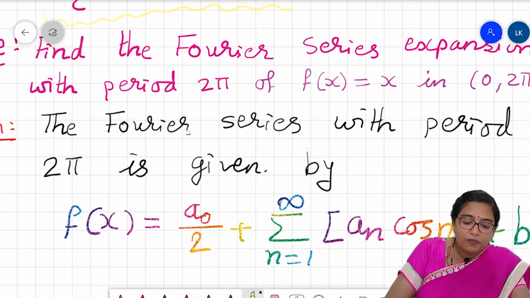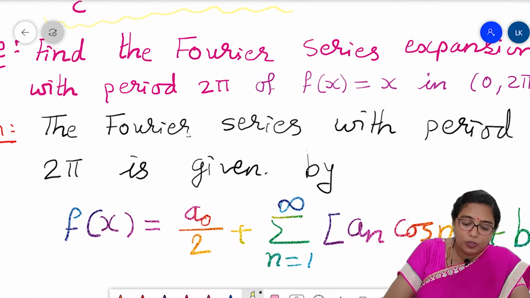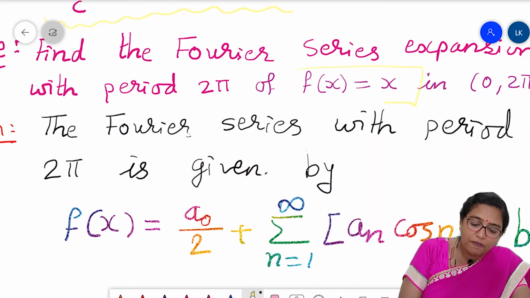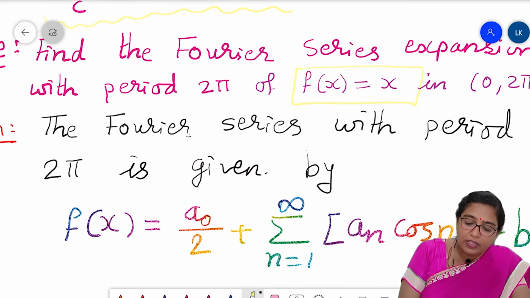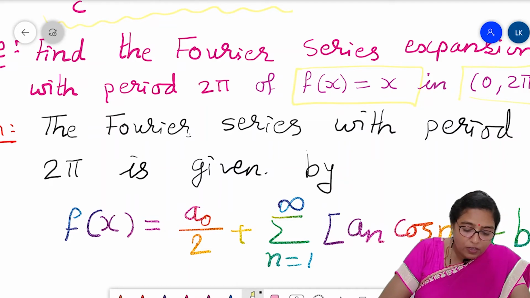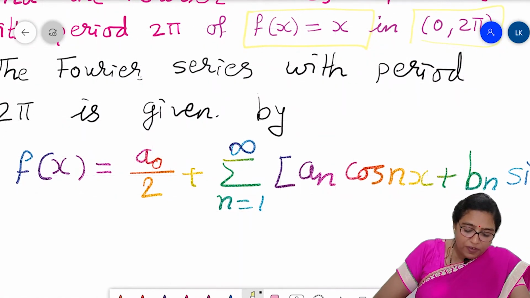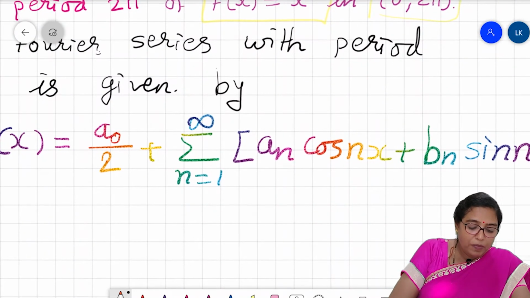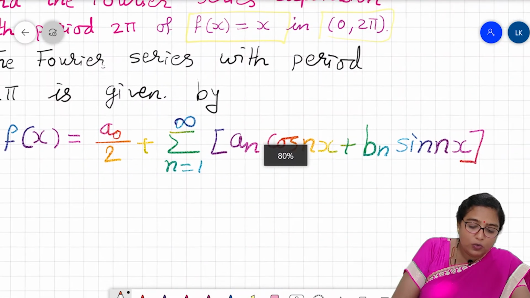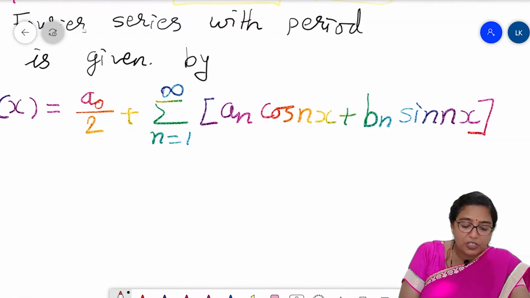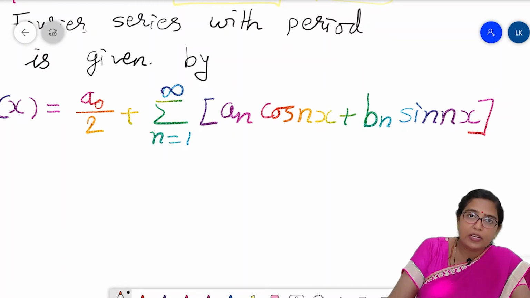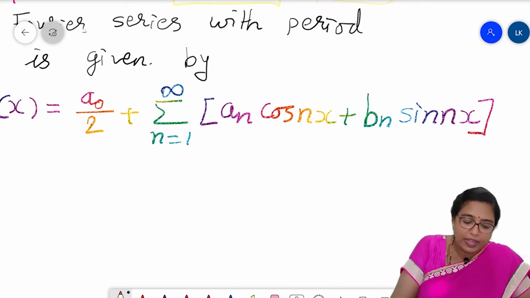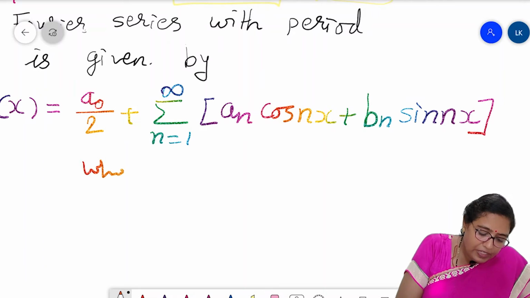Example: find the Fourier series expansion with period 2 pi of the function f(x) is equal to x in the open interval 0 to 2 pi. Here the Fourier series with period 2 pi is given by, first I am writing the formula, we have to remember this formula. f(x) is equal to a0 by 2 plus summation n is equal to 1 to infinity a_n cos nx plus b_n sin nx, where a0 is equal to